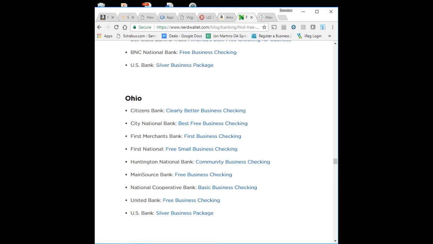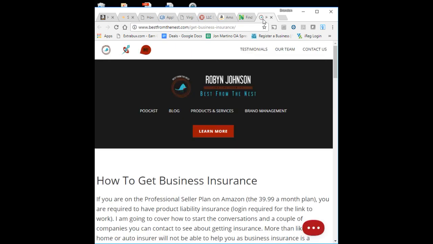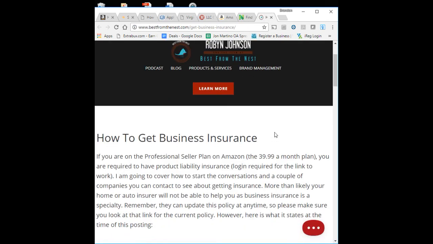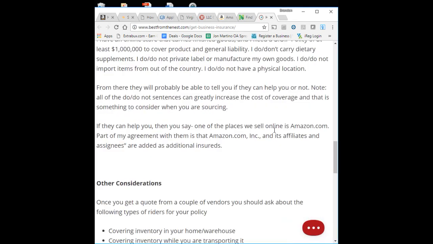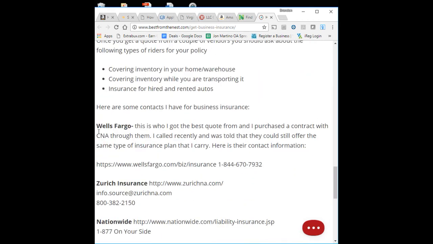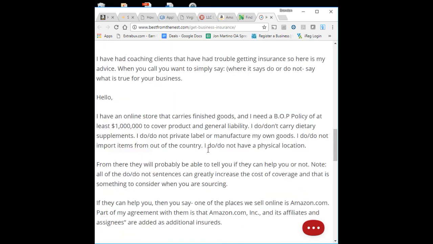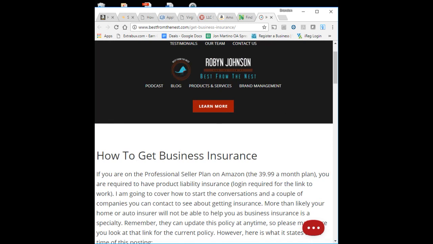And lastly, since you are a business, you have inventory, and there's always the risk of something happening. I would recommend, and it's actually required, to have business insurance. So mine is through, let me see here, Wells Fargo. I got a really good rate, pay monthly. So this just covers you if you ever get suspended, or if you're going through some hard times. It's always nice to have some layer of protection in the event something happens.